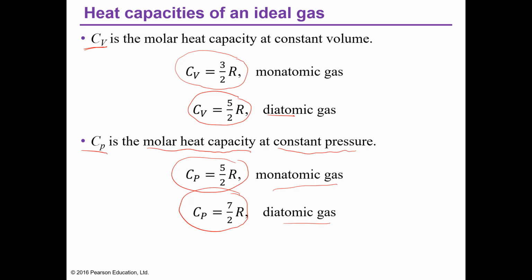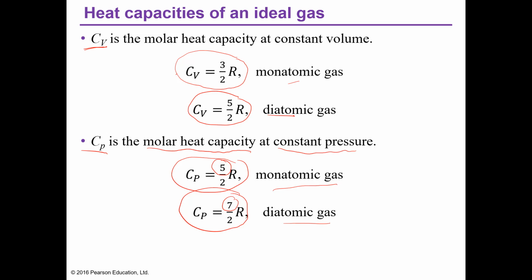Notice, CP for monatomic gas is greater compared to CV for monatomic gas. How to derive why for monatomic gas your CP is 5 halves R, and 7 halves R for your diatomic gas? So basically,